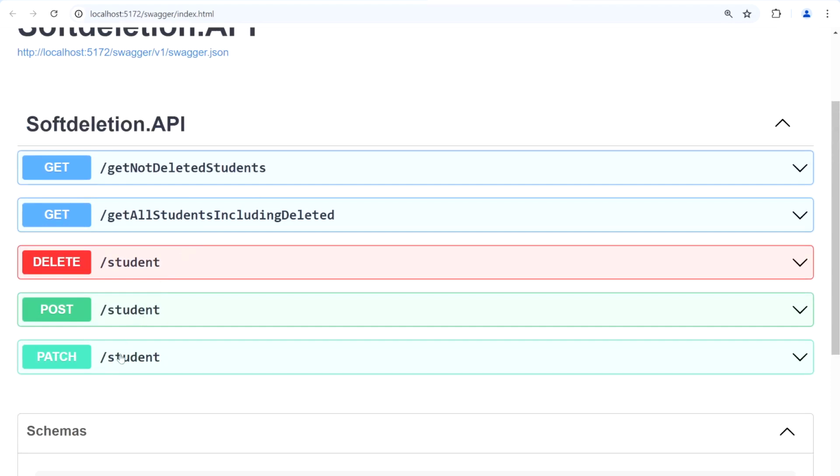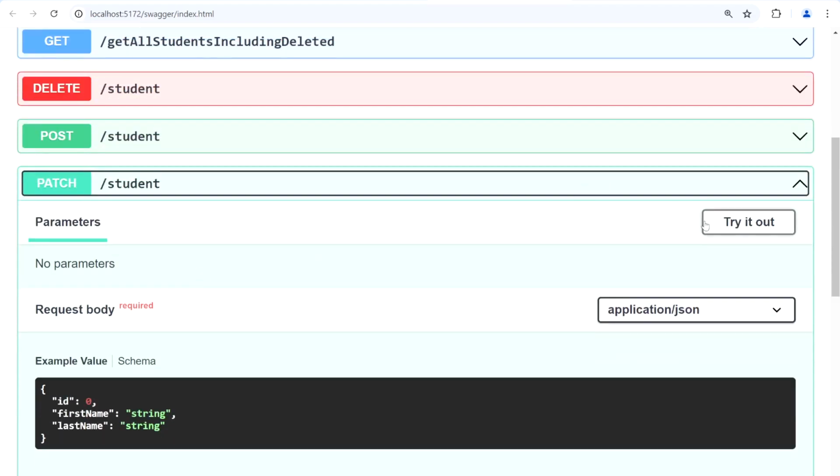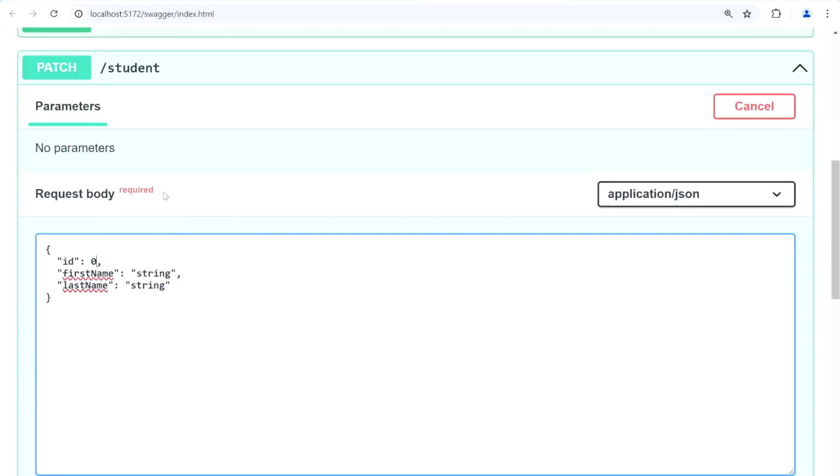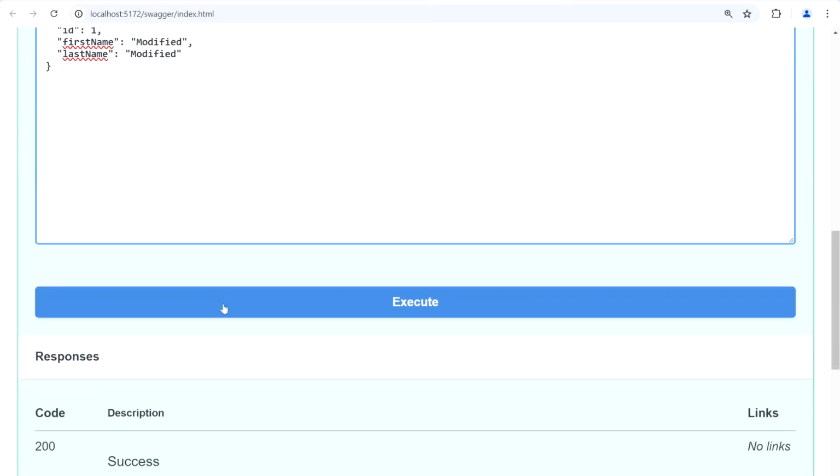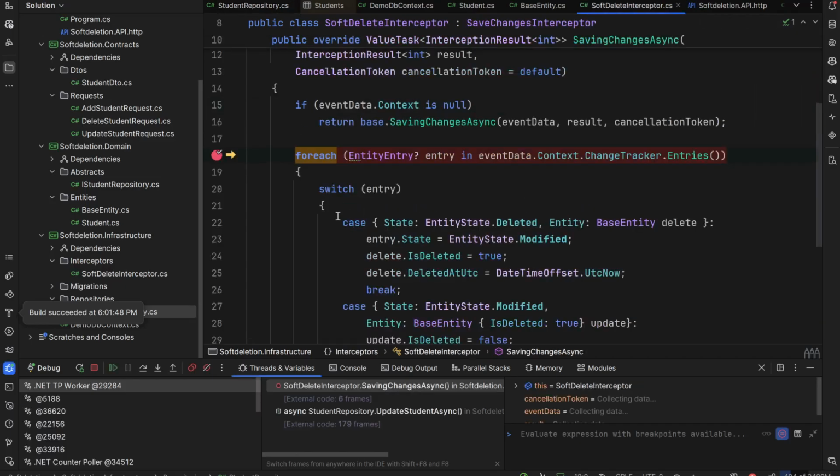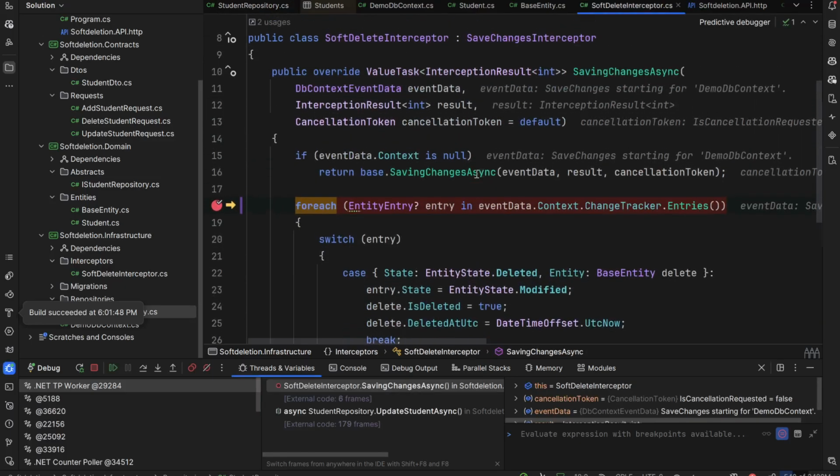So the patch endpoint, I'll just pass the ID as 1. It will be modified in here and in here. We'll click execute, and as you see, we didn't have any exception, so it properly retrieved the student to be